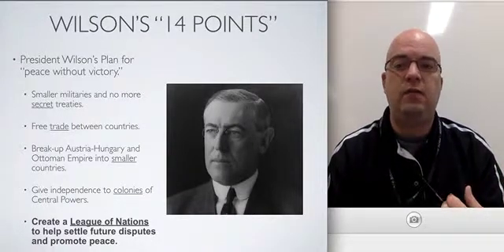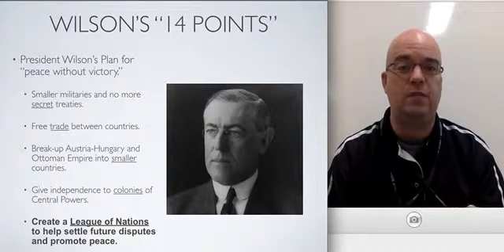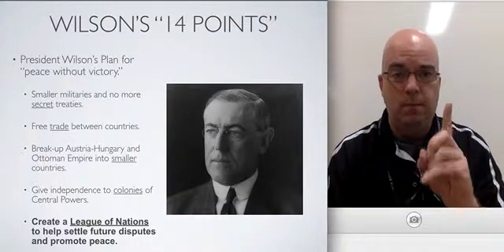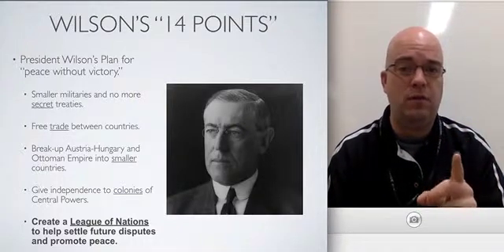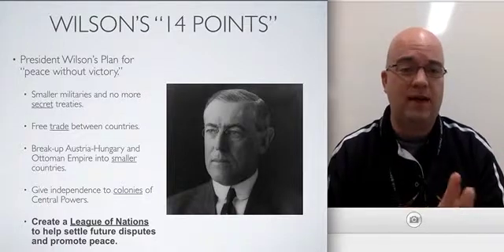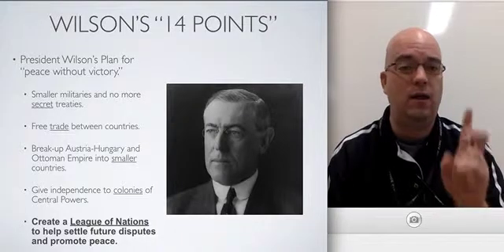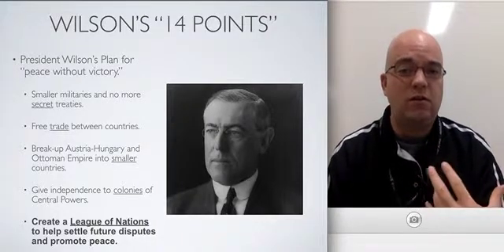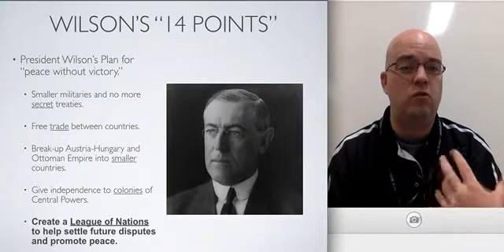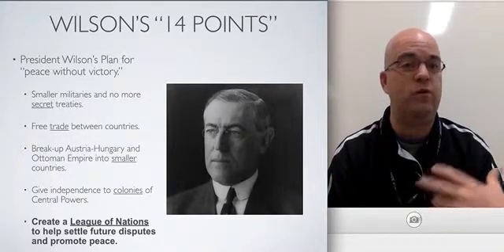In his plan, he says that the nations of the world should focus on making smaller armies, not massively building up. This goes back to one of our causes, militarism. Countries will be less likely to go to war if they have small armies. And no more secret alliances, no more secret treaties, which was another one of the causes of World War I. Remember, alliances. He also wanted to encourage democracies to have free trade. He says that countries who are trading with each other are less likely to go to war with each other. So he encouraged this idea of free trade.